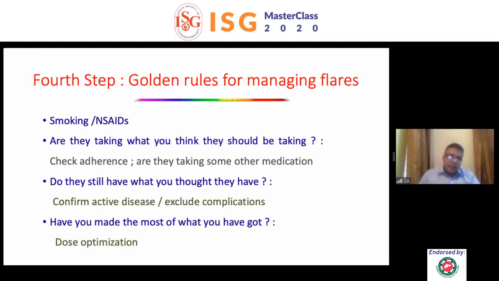Secondly, if the patient has a flare, you would like to check for adherence. These are chronic illnesses. Most of the times, patients are not even themselves sure whether they're taking all the drugs properly or not. Then you would like to know whether the flare is because of an active disease, or is it because of some other disease which has intervened. It is because of some complication. The complication may be something like malignancy, or some other disease, may be another infection which could have set in. When you have ruled out these 3 points, then you would like to see the medicines which you're giving, whether you have optimized their dose or not. Are you giving the medicines in the proper dose, or are you underdosing them, or you need to add something? So these are the 4 golden rules.